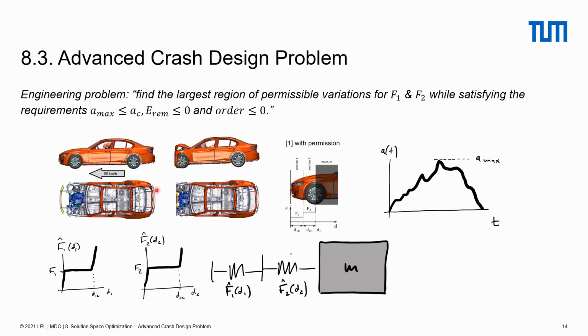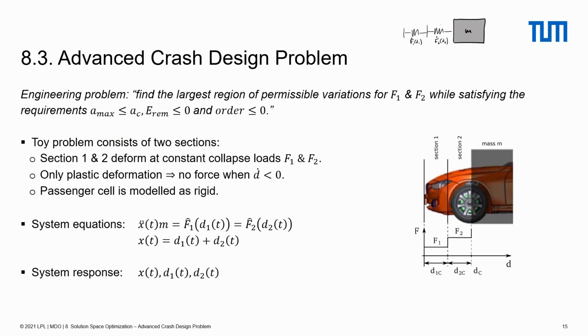Exercise 3. Advanced crash design problem. The engineering problem is: find the largest region of permissible variations for F1 and F2 while satisfying the requirements A max smaller equal AC, E rem less equal 0, and order less equal 0. This engineering problem has already been introduced in the lecture,